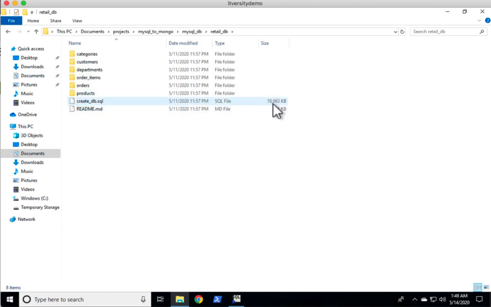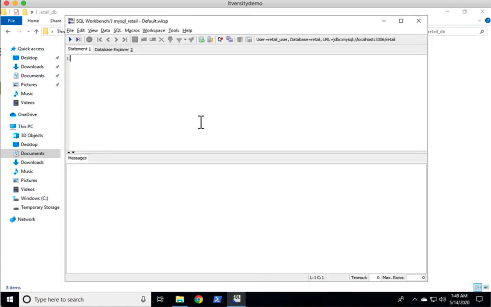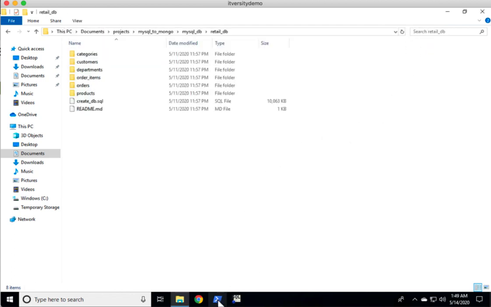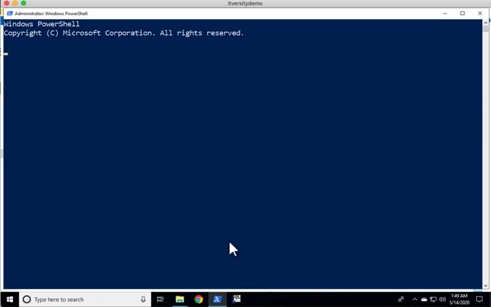It is better to run the script using the command line, create the tables, and then we should be able to preview the tables using Database Explorer. We should also be able to run queries in the worksheets which are created here. We can create as many worksheets as we want by right clicking on this and saying Add Tab, and we should be able to create new tabs. Let me close this for now, and then let me go to PowerShell.